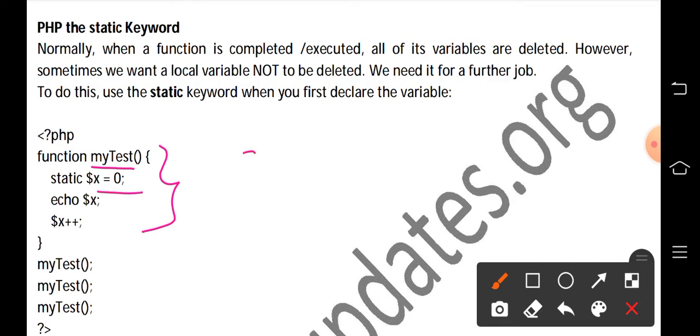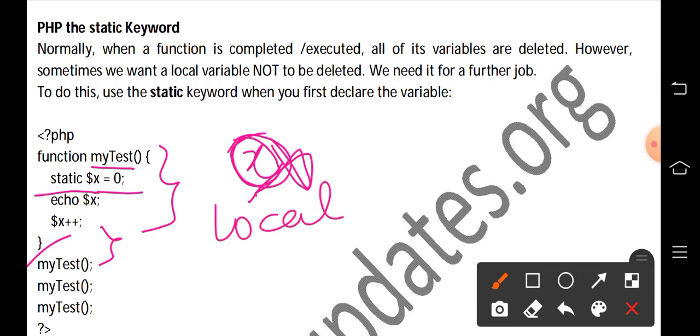We have only one variable, x, and once the function is closed, immediately this x will be destroyed if it is a local variable. But if we declare this x as a static variable, then it will not be destroyed even when the function is closed. That is the difference between a local variable and a static variable.